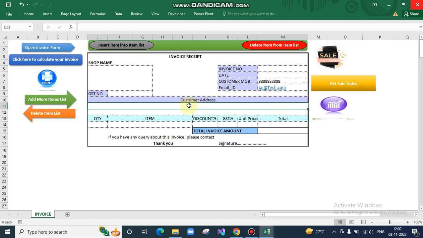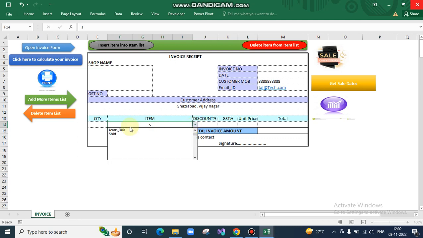the customer address, suppose Ghaziabad, Vijayanagar, Nagar. Okay, and here we only need to type the first letter of the item. Suppose we enter S. So click the drop down menu, and we can select this one, shirt, and suppose we